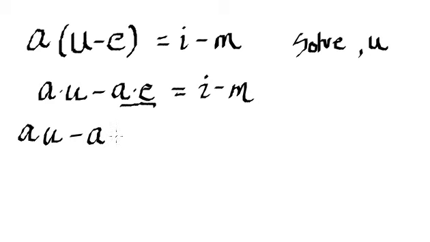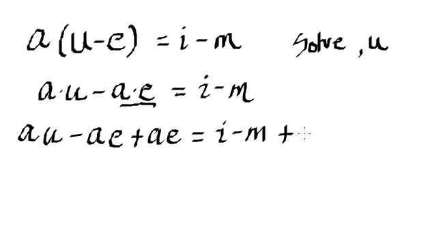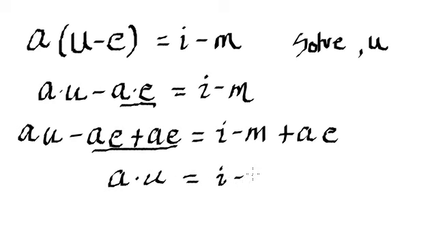Technically the way we're going to do that is I'm going to add A times E to both sides. I'll keep it just like that. So plus A times E. So that's going to cause that to cancel out to 0, and so we're going to be left with A times U is equal to I minus M plus